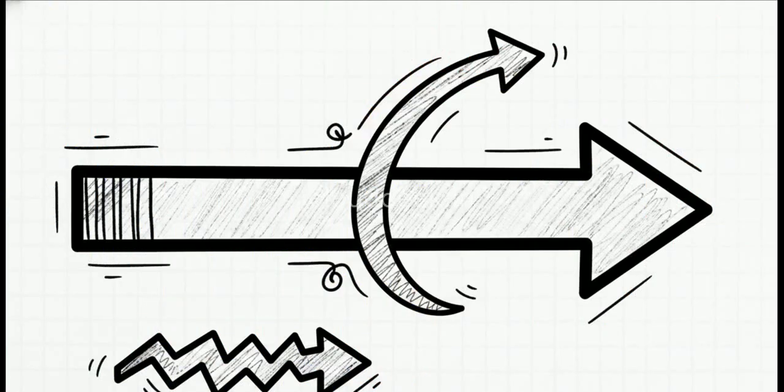So what's actually pushing these massive bubbles of air around the globe? Well, it's a really delicate balance of 3 primary forces. First up, the pressure gradient force, or PGF. Think of this as the engine. It drives wind directly from areas of high pressure over to areas of low pressure.